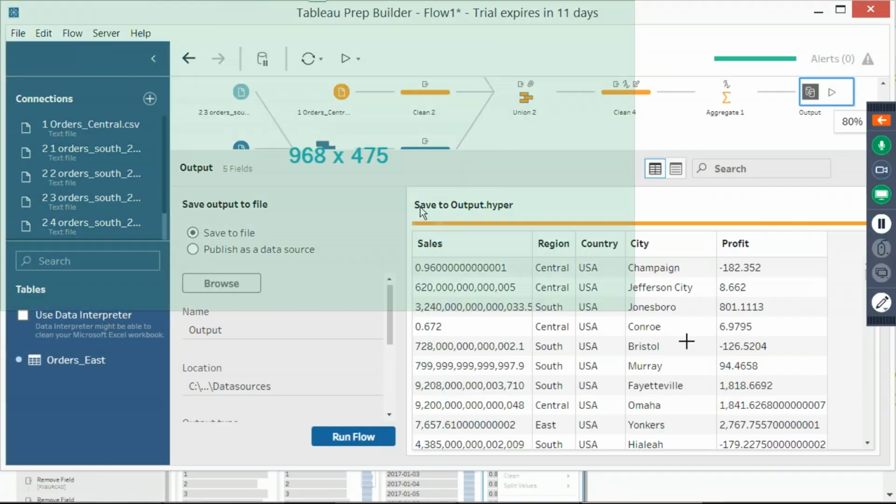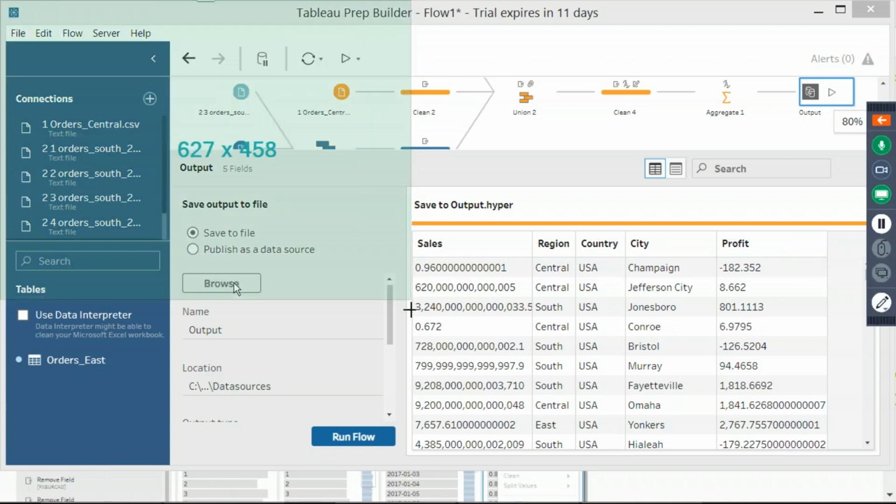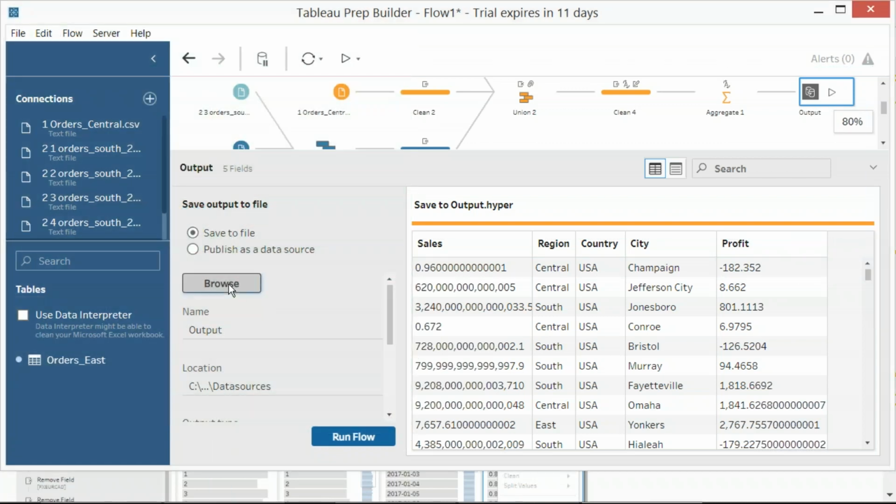The output would be a hyper format, and here it is, friends. And in the hyper format, we can specify either publish to the data source to the Tableau online or save to a file. Let me save it to a file.